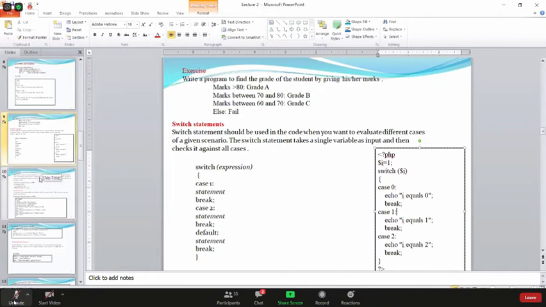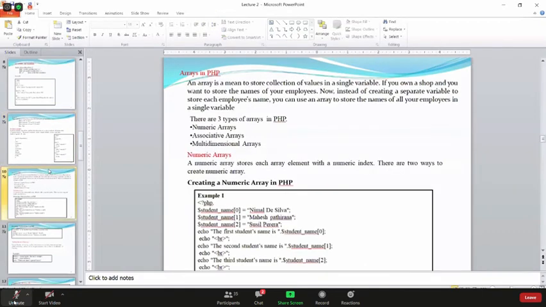Then we move on to the next one, that is PHP arrays. There are three types of arrays available. Why do we use the array?